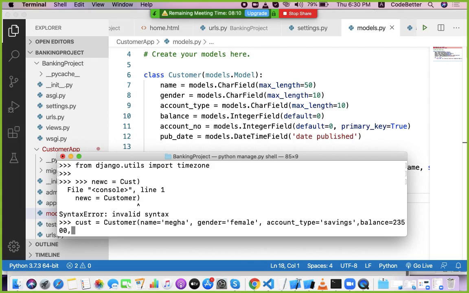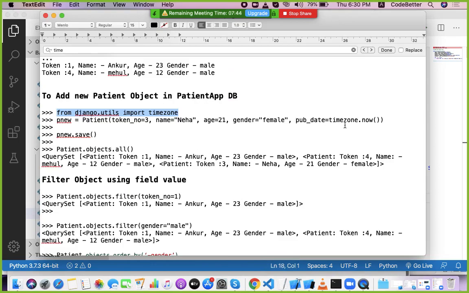Then account number equal to 109, and pub date equal to, so for publication date there is a timezone function, timezone.now.